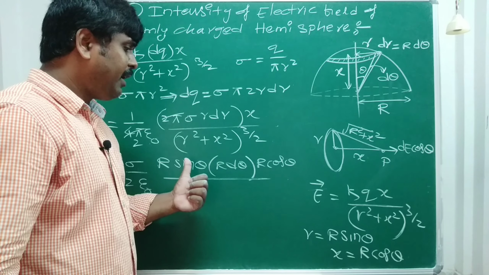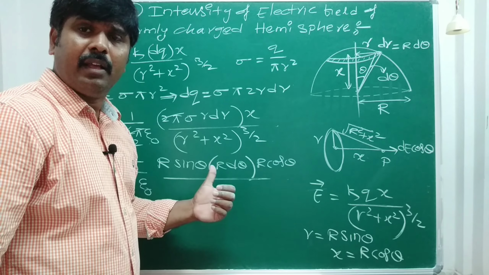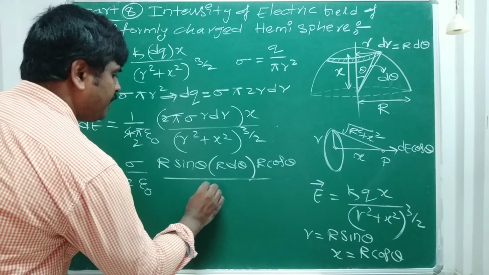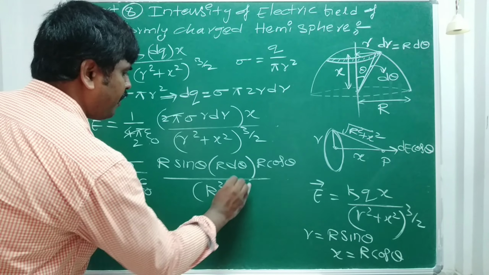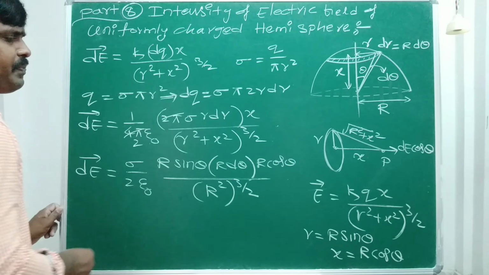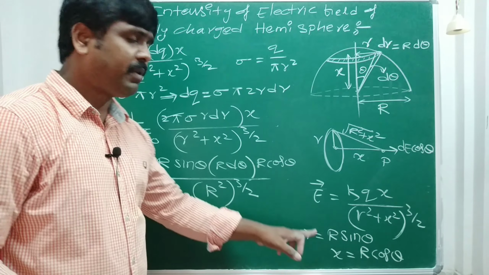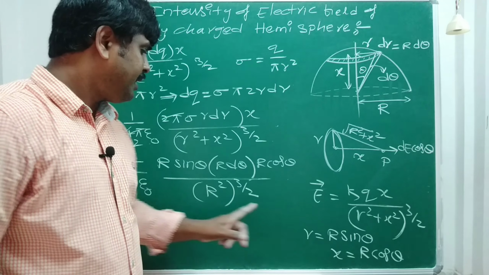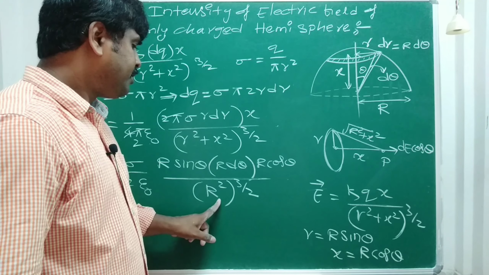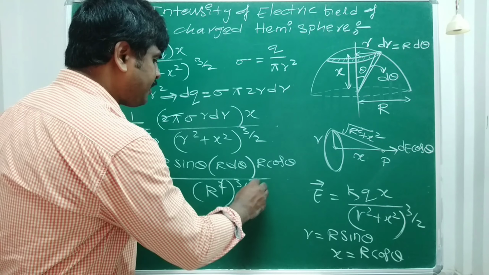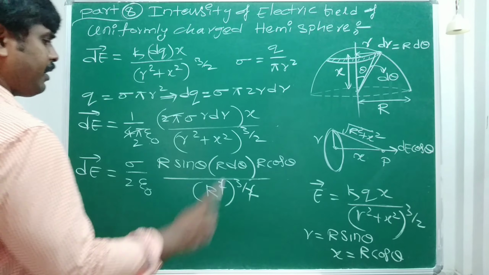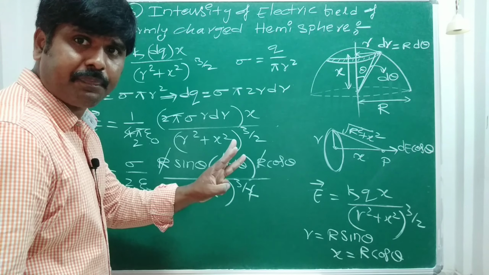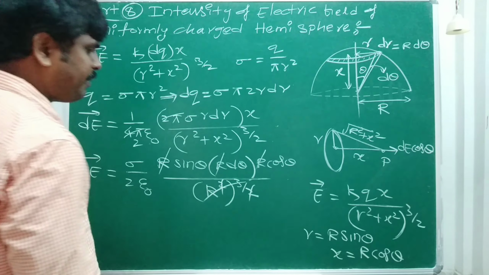So R square is common, then sin square theta plus cos square theta is 1. So we have here R square whole to the power of 3 by 2. See, simply r value and x value replaced, sin square theta plus cos square theta is 1 and R square is common only. Okay, so here R square square root also gets cancelled. Here first R, second, third, R cube, here also R cube gets cancelled.